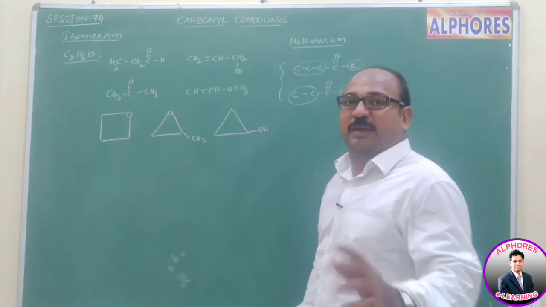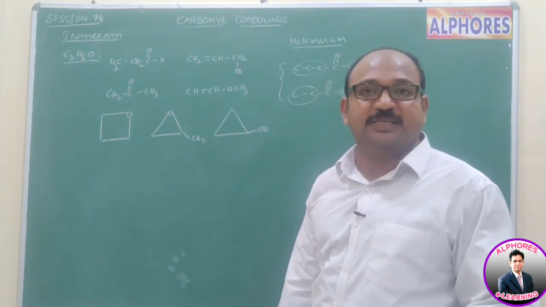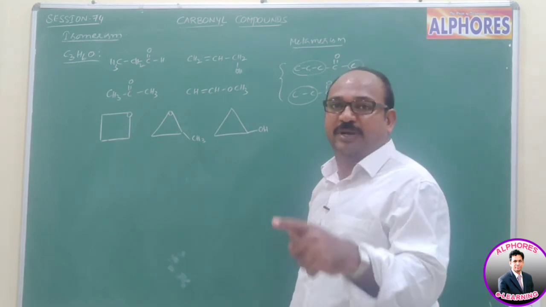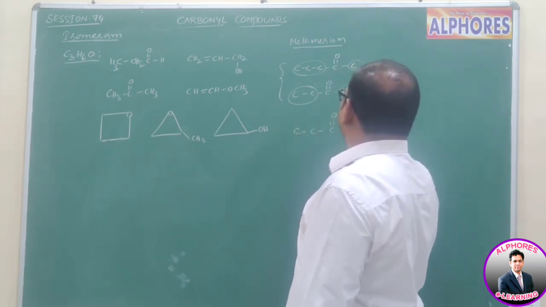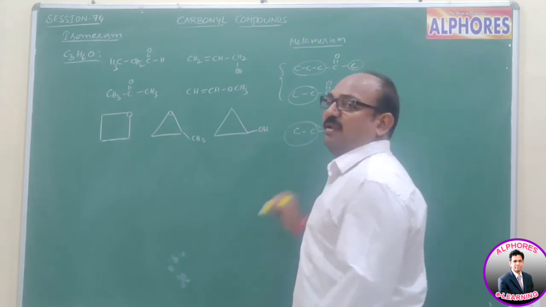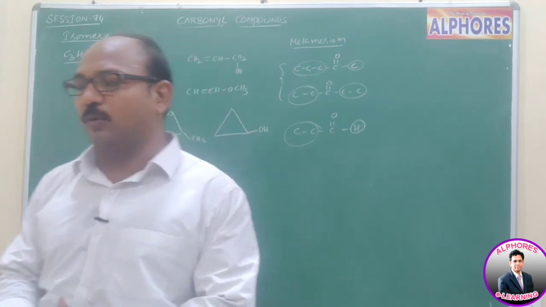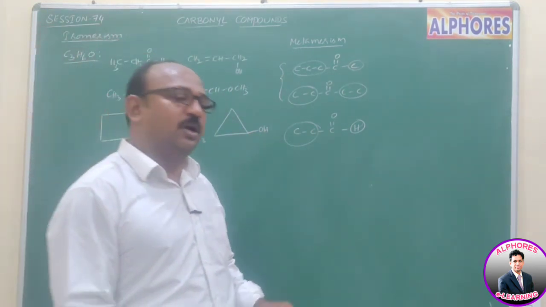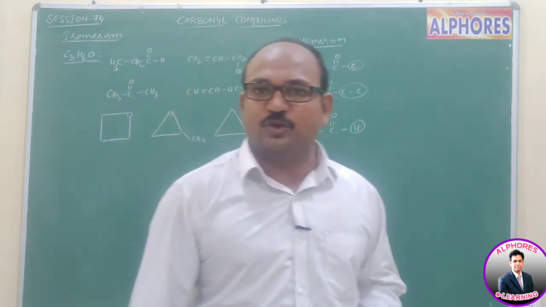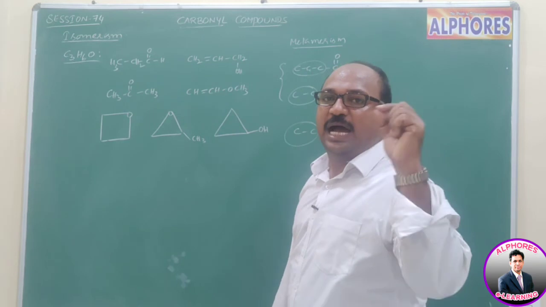Ketones can exhibit metamerism, but aldehydes cannot exhibit metamerism because aldehydes are nothing but chain terminating functional group. So nature of alkyl group is going to vary at one end only. At other end always hydrogen. That's why aldehydes do not exhibit any metamerism. Now, tautomerism. Both aldehydes and ketones exhibit tautomerism, but must and should here alpha carbon possess hydrogen.